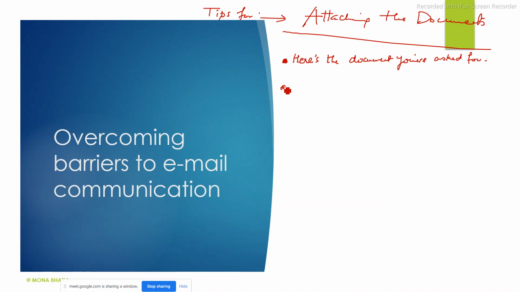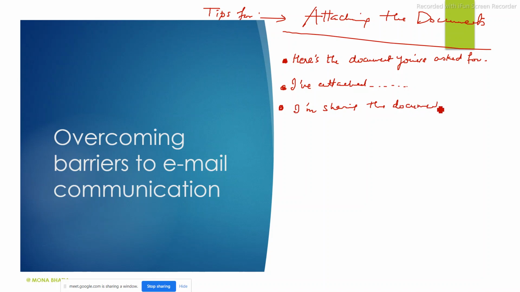Okay, second, "I have attached" भी simply लिख सकते हो, I have attached जो भी मांगा था, जैसे कि Excel sheet जो bla bla bla. ओके, जो उनसे मांगा गया था, फॉर एग्जाम्पल अटेंडेंस शीट और वॉट एवर. और थर्ड वे है, "I am sharing the document asked," है ना. So these are the ways.